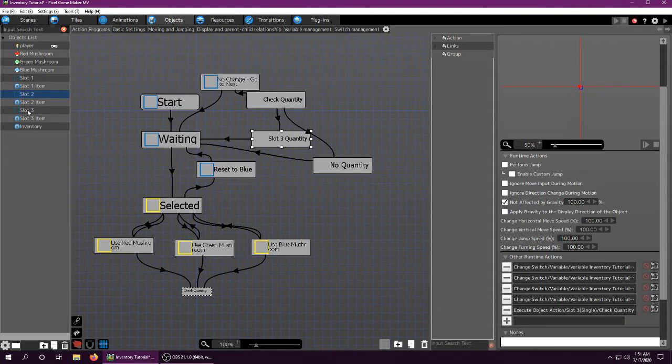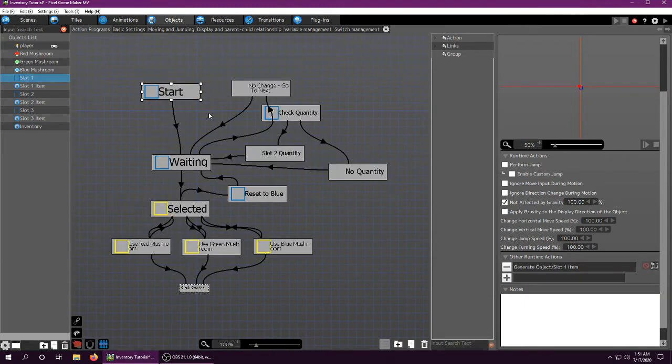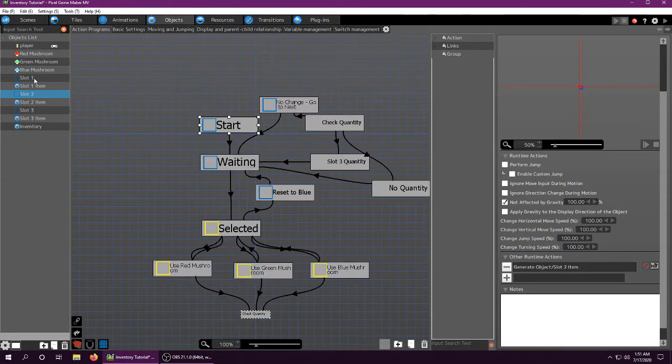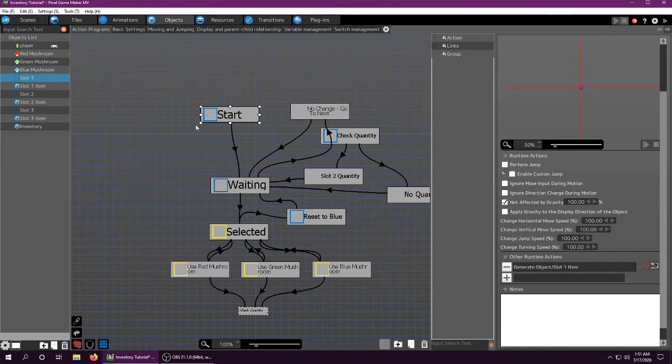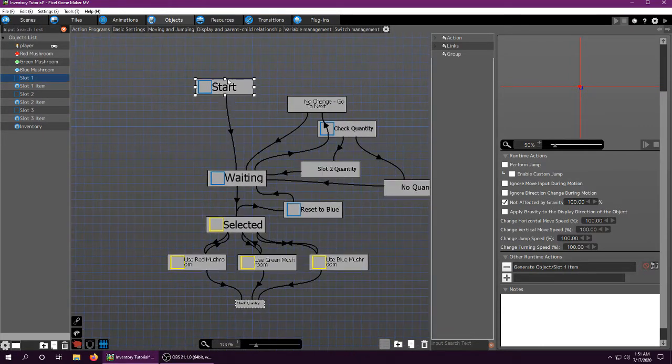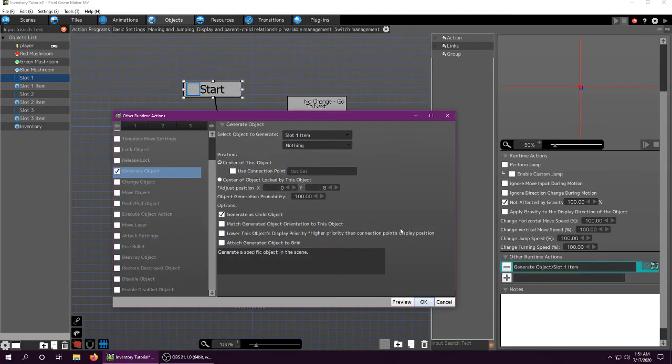So yes, that's pretty much how this is going to go down. I'm not going to go over all these objects because, like I said, they're exactly the same. You're just changing the numbers, right? So here's where we start. This is our default action. So we're going to generate slot 1 item,